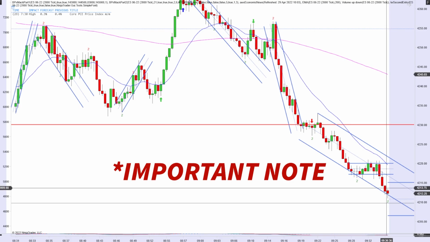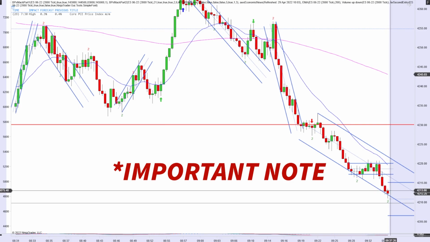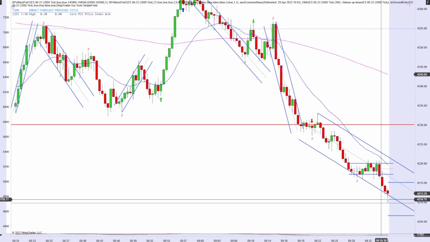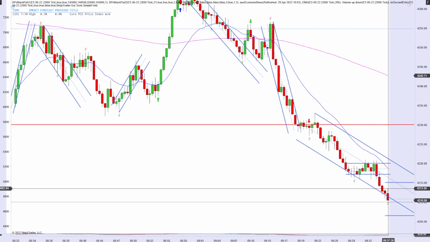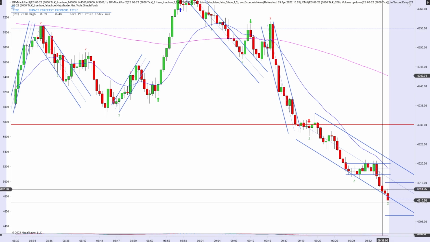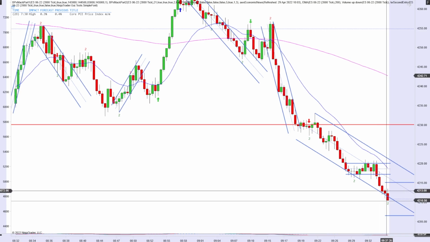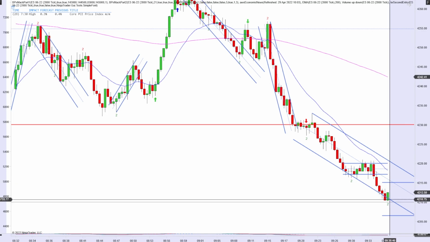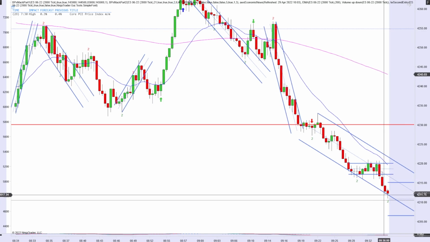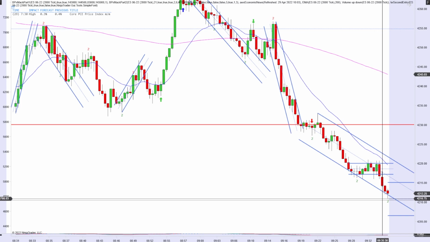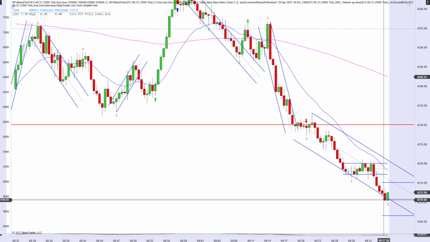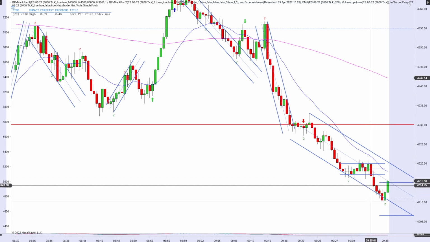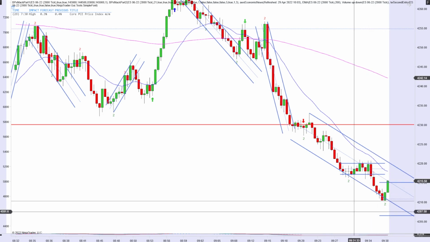But then as prices continue down, we have a new high with the first entry long, prices are coming down. You have to make sure that the second entry long triggers before you put your stop one tick below the signal bar. So with this bar, you never had a tick higher. So don't enter early. You want to make sure you get confirmation that prices activate, that people get into that second entry long before prices push down. Because if you try entering early, you put your stop one tick below the signal bar, it never actually triggers and you're going to get stopped out. So you don't want that. Wait for the trigger, wait for people to get into that trade,